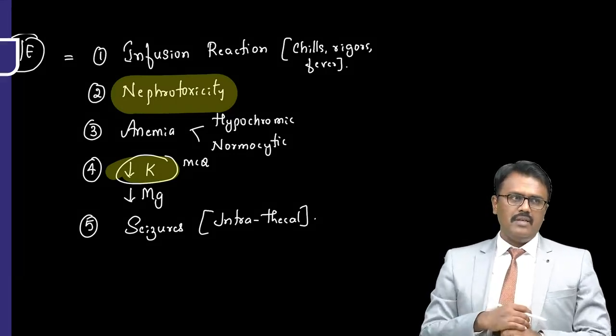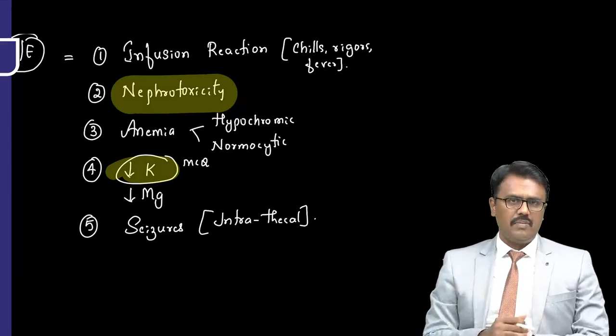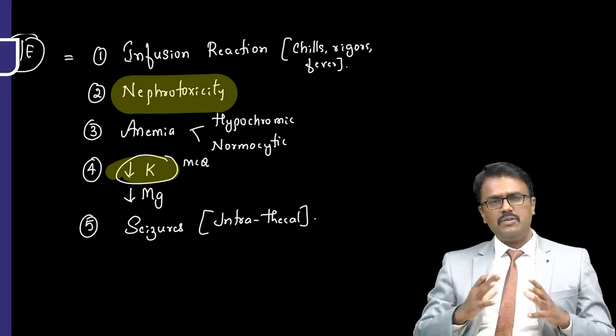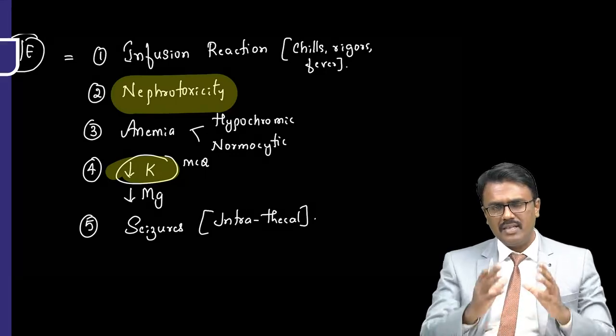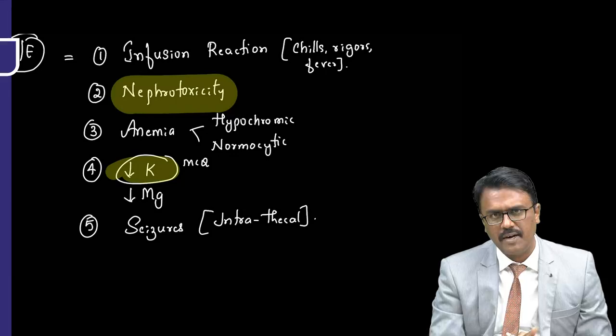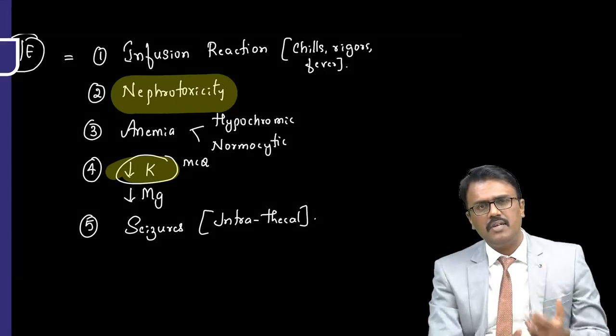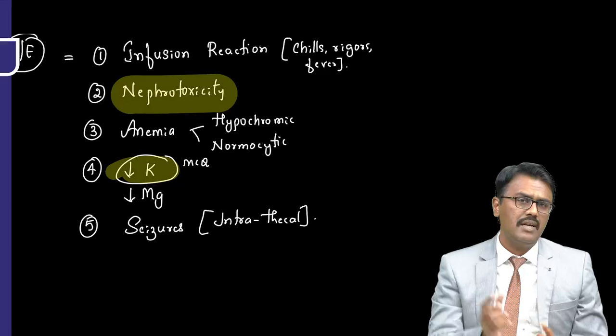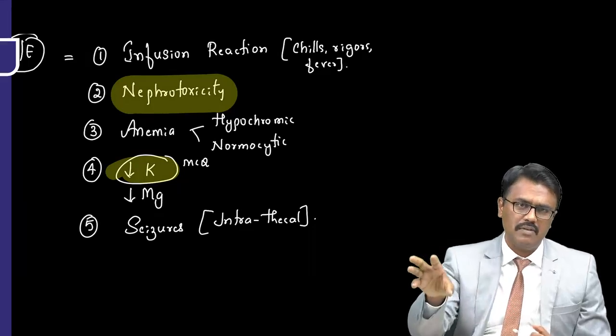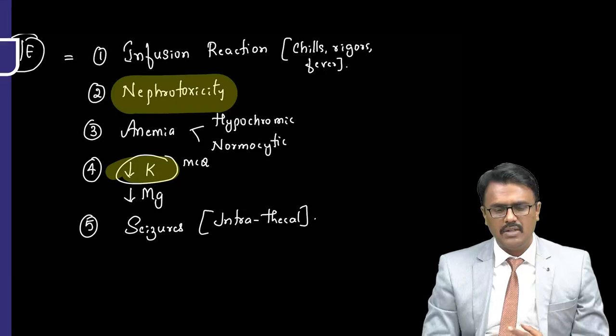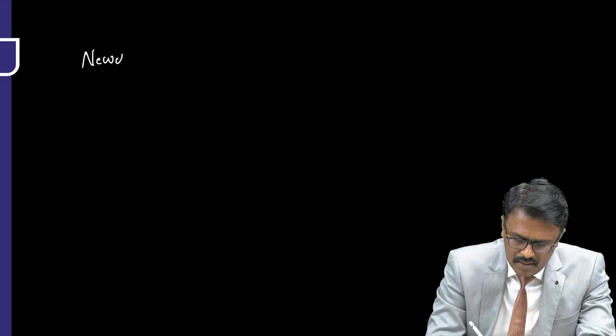So the problem is, if the drug comes to the kidney, then there is a problem. Now what do we do so that the drug is delivered only to the place where it is required? So then we came with a newer preparation of amphotericin B, which can deliver the drug to the target site where the fungus is there. What are the newer preparations of amphotericin B? Let me write. Newer preparations